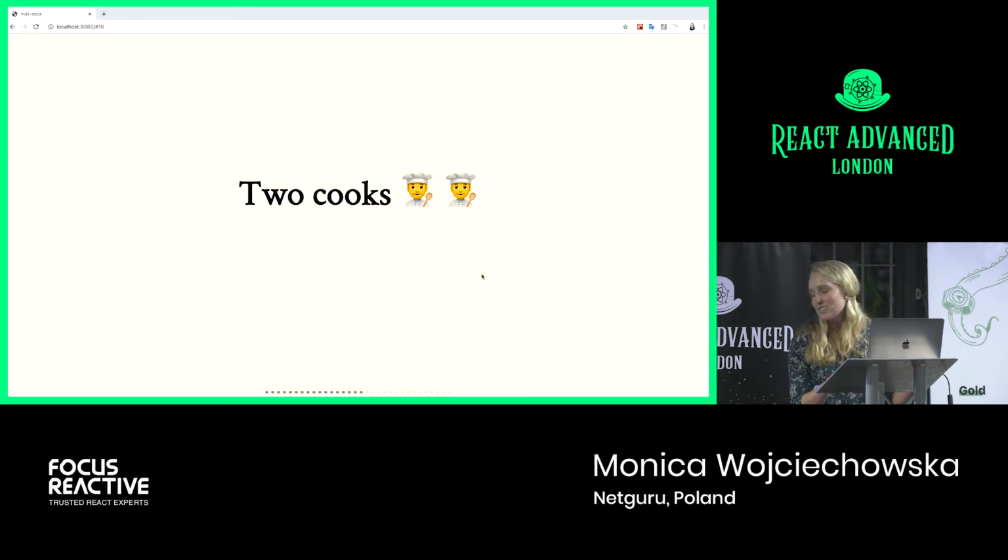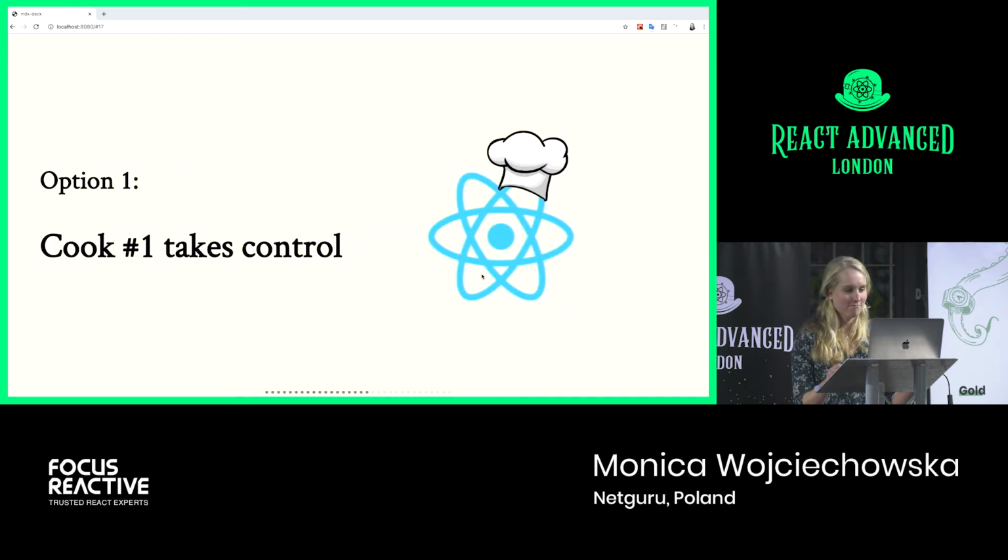And this is exactly the situation that we have when we try to use React and D3 together. So those are our two cooks, React and D3, and they both want to be in charge of one kitchen, which in this case is the DOM. So D3 wants to make changes to the real DOM and React to the virtual DOM. And so the issue here is really about DOM management. And there's three main ways that this situation could play out. So let's take a look at the first option.